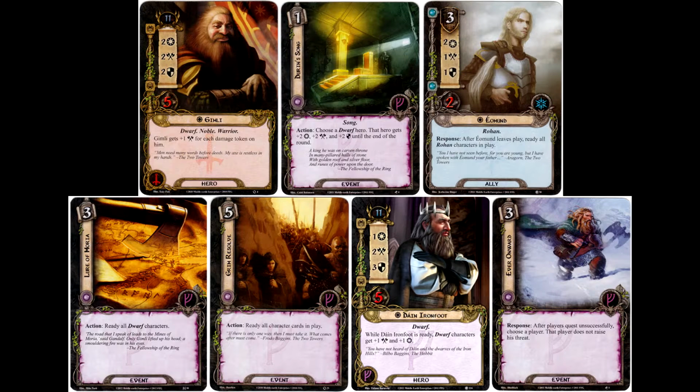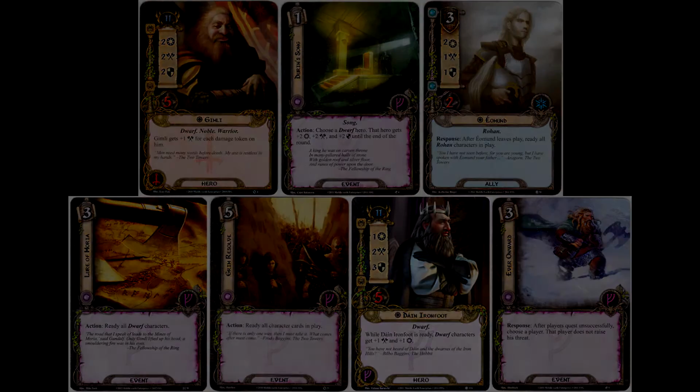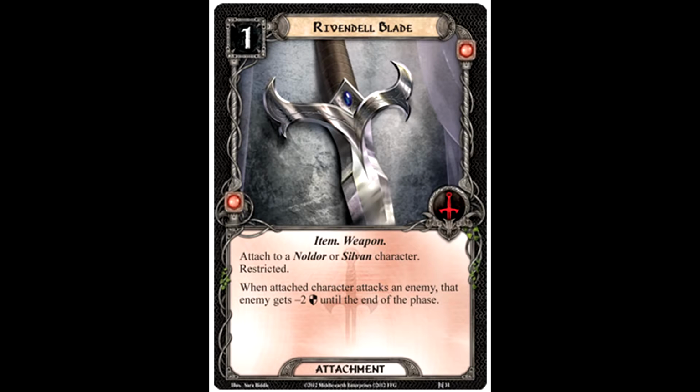Let's transition into our tactics cards, the first of which is Rivendell Blade, an attachment for a cost of 1 that has the traits Item and Weapon, and it reads: attached to a Noldor or Sylvan character, restricted. When attached character attacks an enemy, that enemy gets -2 defense strength until the end of the phase. So, for an extremely cheap cost, this is nevertheless a powerful attachment that really boosts the offensive capability of both